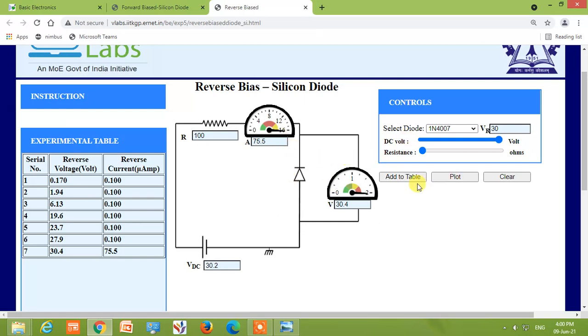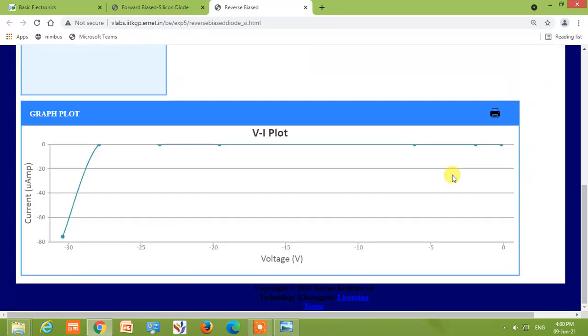Now we will simply plot the characteristics for this observation table. I'll click on the plot, and this is the reverse characteristic. Point minus 0.17, the current is minus 0.1 microamperes.